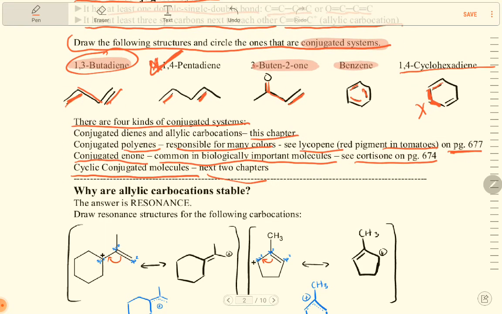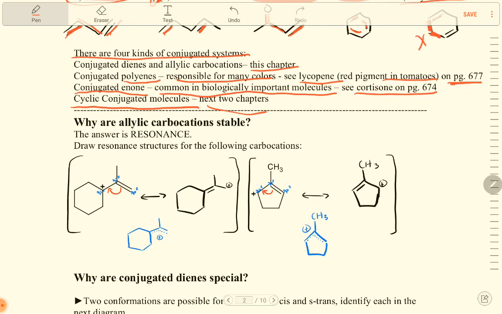Alright, now we are going to draw resonance, and I already drew it here, so you just need to see how the electron is flowing. Draw the resonance structure for the following carbocations. This is an sp2 carbon, sp2, sp2 carbon, and there is a positive charge. So that positive charge is right here, and then it will go here. So that's one of these